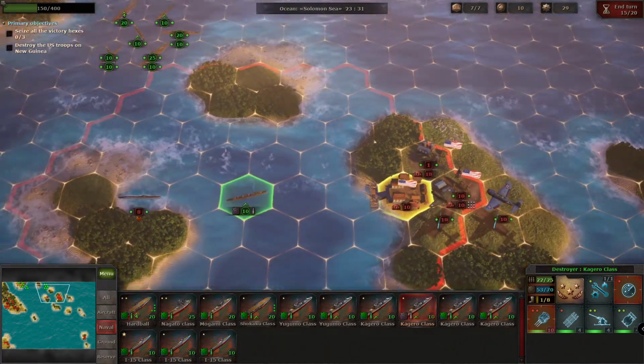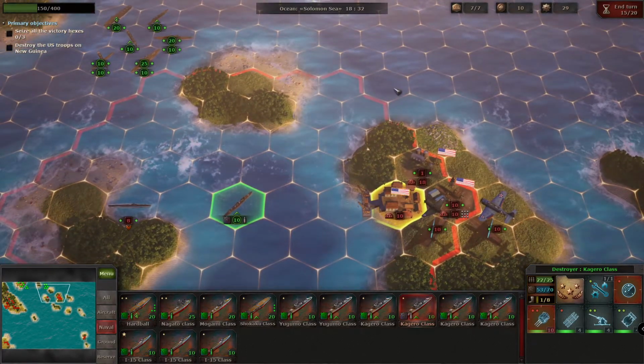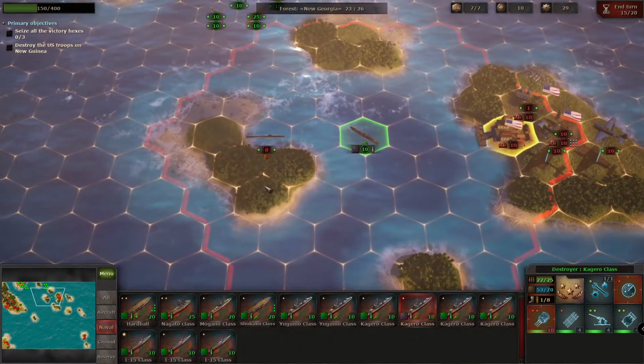So that's that. So we need to do something about the submarine, and then we need to make sure that there is no submarine there and here further out. However,